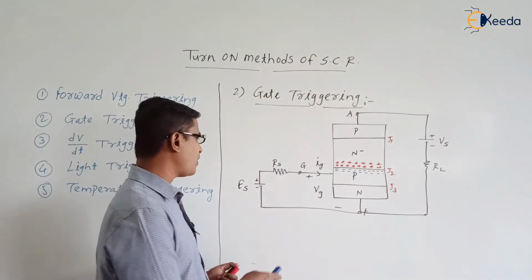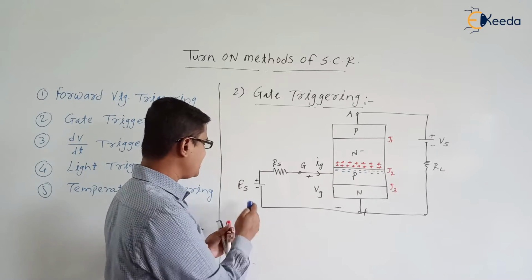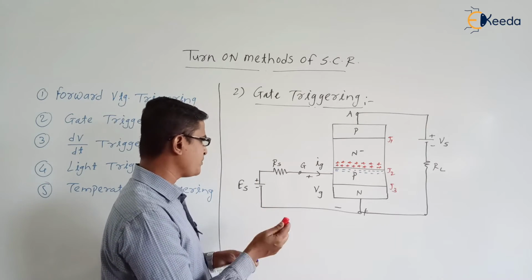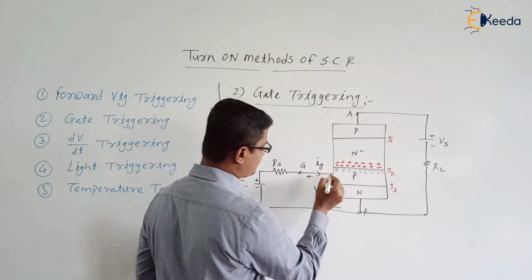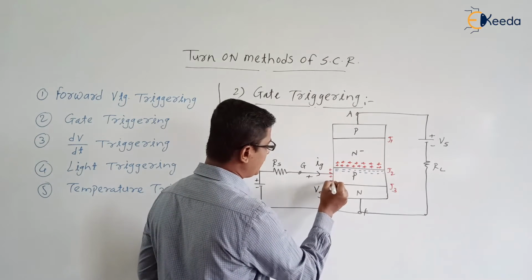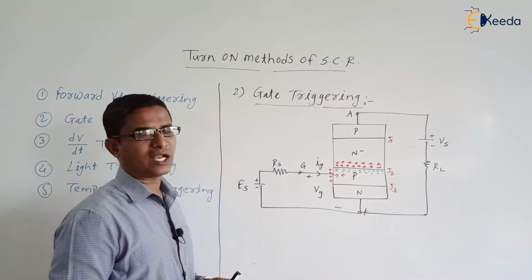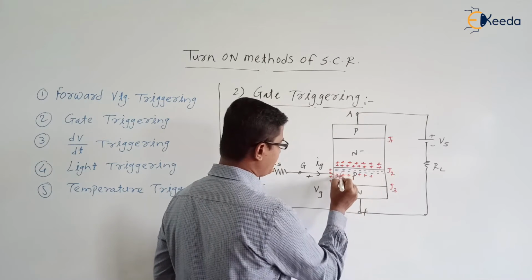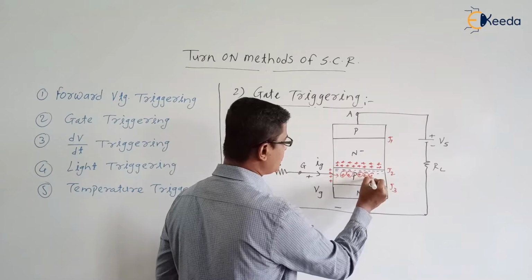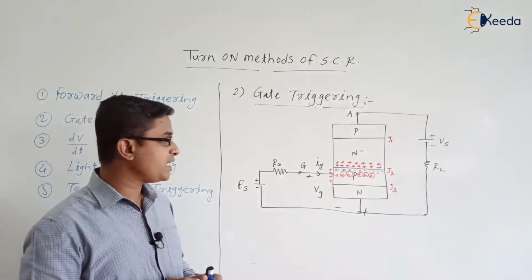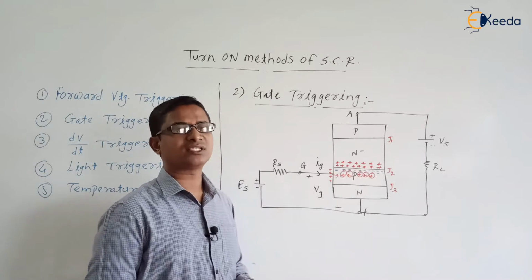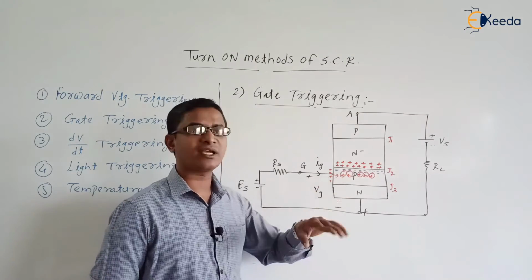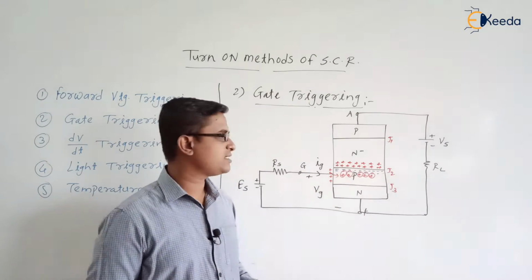Now, when this ES is connected in the gate cathode circuit, positive charges from the positive plate of ES will try to enter the inner p type layer. When the positive charges enter the inner p type layer, there will be recombination between the negative charges present at the inner p side of the depletion layer across junction J2 and these externally coming positive charges.